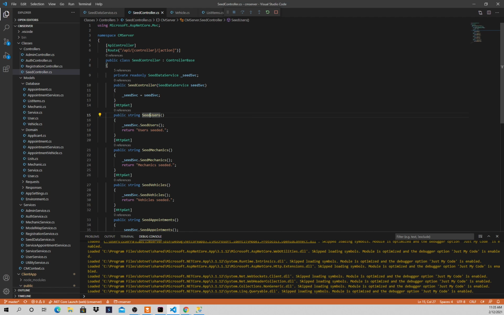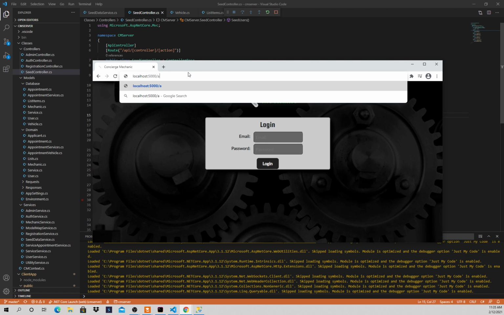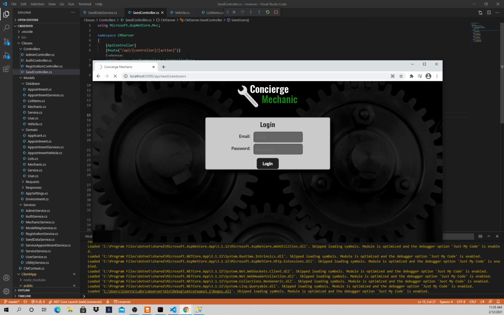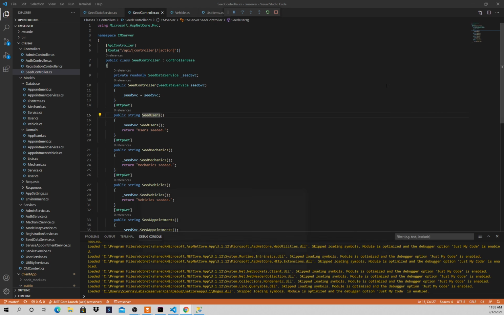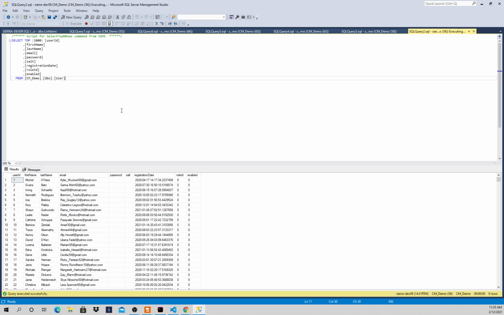So the full path to this is going to be /API/seed/seed users. So let's go ahead and call that now. Okay, user seeded. So we now have, if we take a look at the data in the user table, we